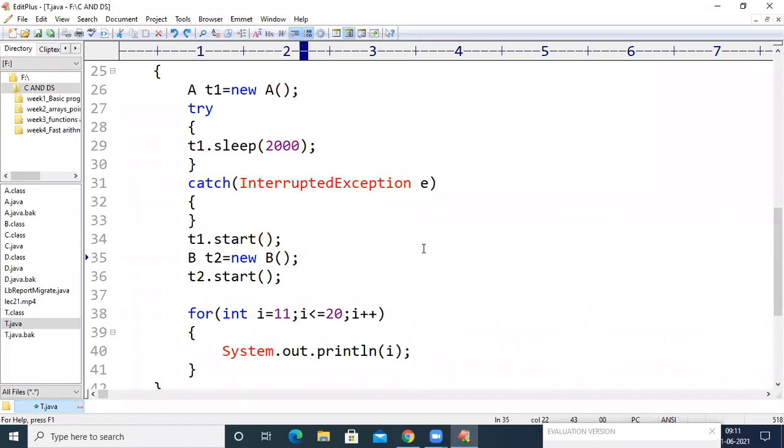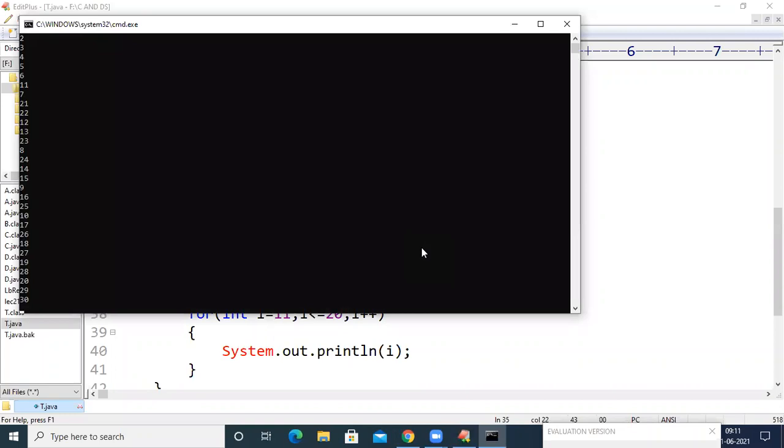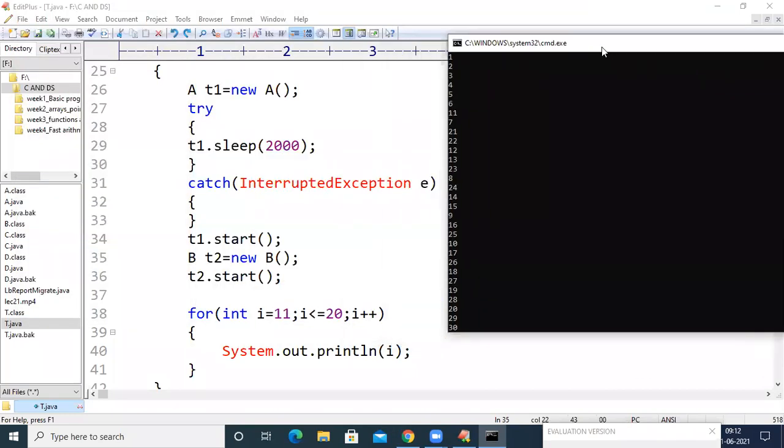And if I run this code, you can see here it has printed the numbers from 1 to 6. Even though we have called the sleep method, how has 1 to 6 been printed on the output screen? Maybe the computer is busy performing another task. After taking the T1 thread from running to waiting, the computer performed another task, and again after 2 seconds, the thread was moved into the ready state.